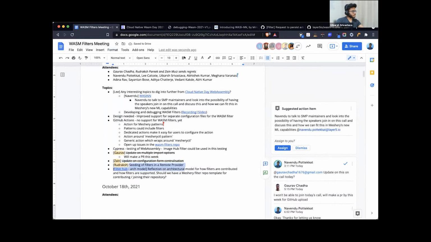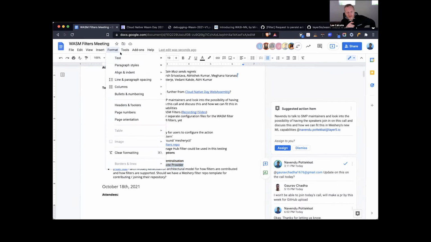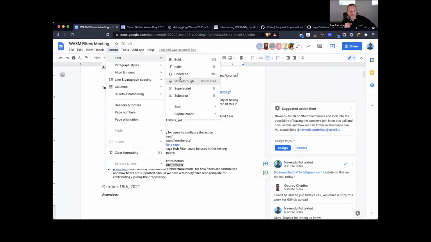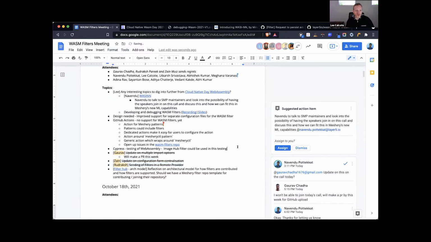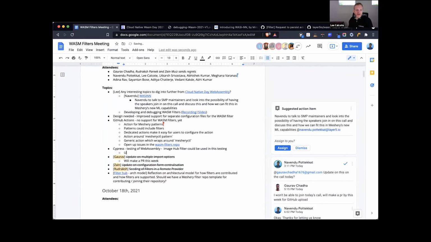And Utkarsh, because of the changes that are going on around WebAssembly filters, it might not be the best one for him to chase. It might be better to go after one for patterns instead. I know there are changes going on there. So you have to think about it, but it's a good reminder for us to continue to get him involved.